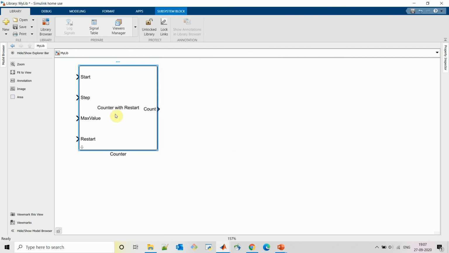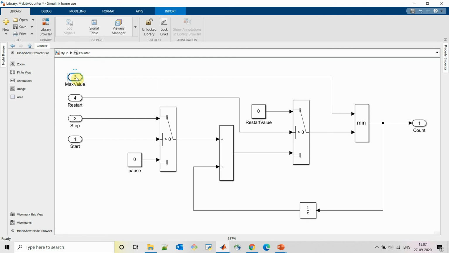Now to use this max limit, we can just simply remove max value from here and provide it a constant.